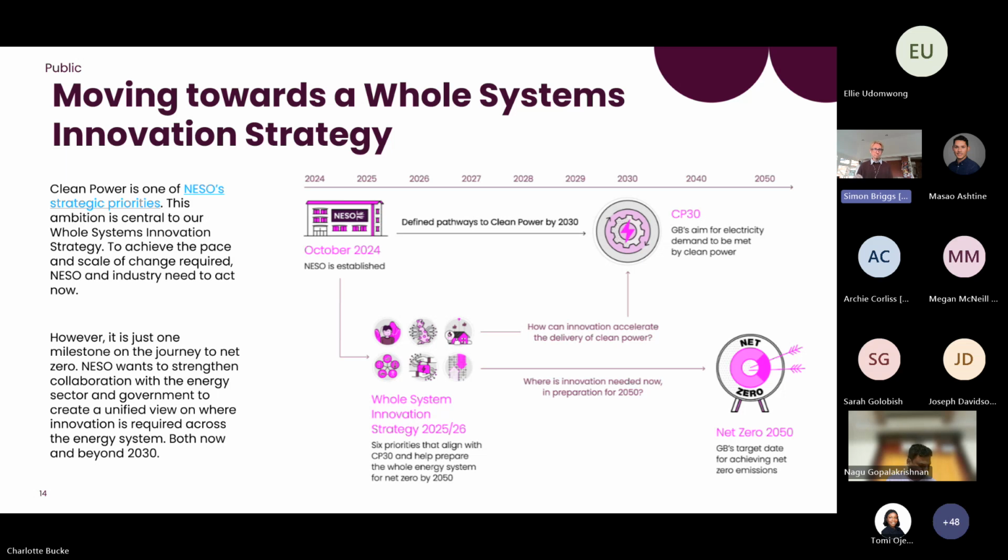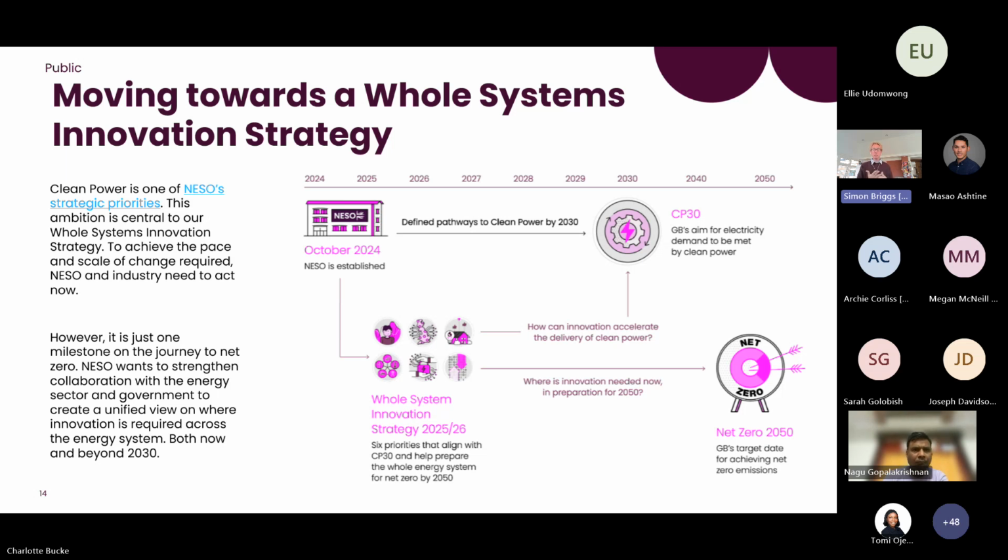And what this strategy document is looking at alongside that is Clean Power 2030, a major thing that was done last year to try and drive towards a clean power system within the next 5 years. Innovation has a part to play in that as well. I know SIF is usually aimed at much longer term challenges, but our interest is making sure that a lot of the great research and innovation already happening can deliver at scale and can help support some of the shorter term targets that are out there.